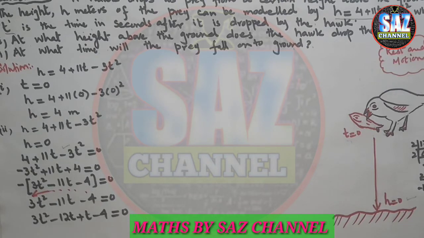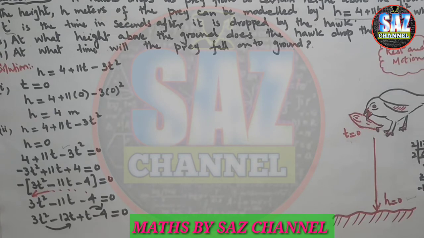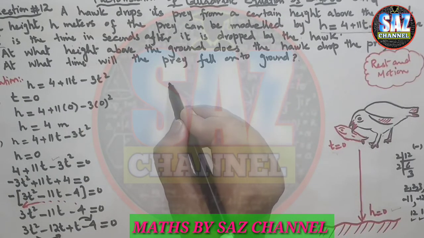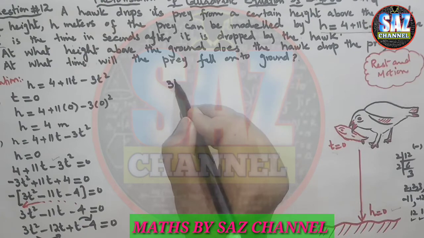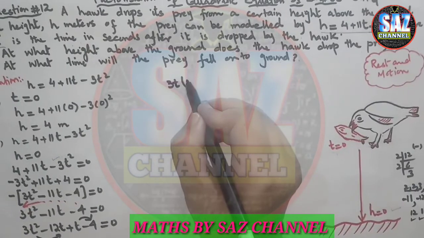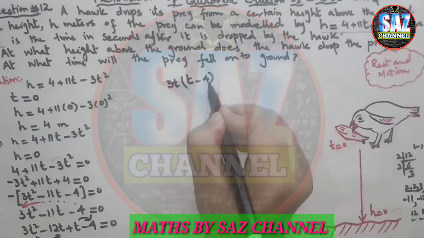Now my equation has been divided into 4 parts, and I have to make the groups now of like terms and extract some number or letter as a common factor from each group. If I'm looking at the first group, I can see that 3 and t is the common factor here, and after pulling it out, inside the bracket I will be left with t minus 4.